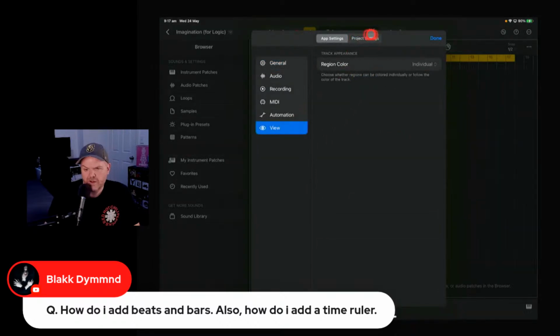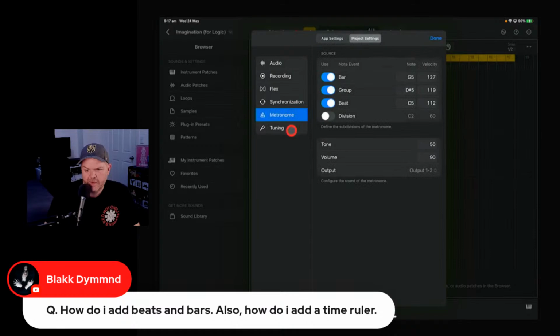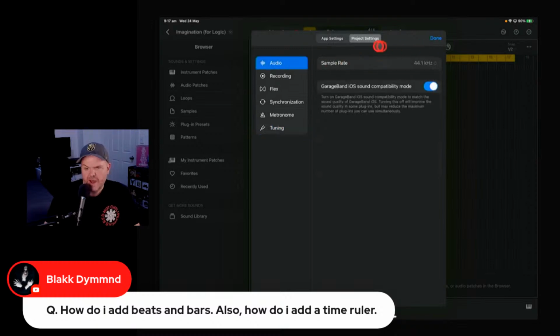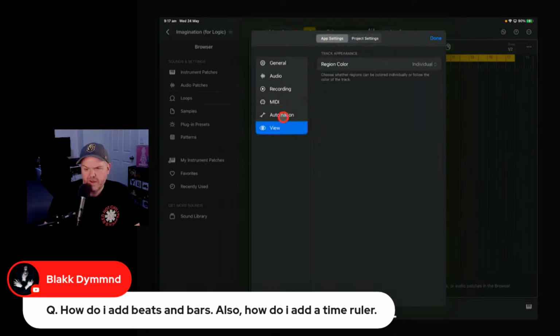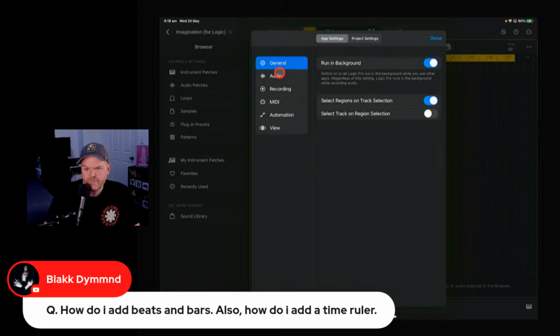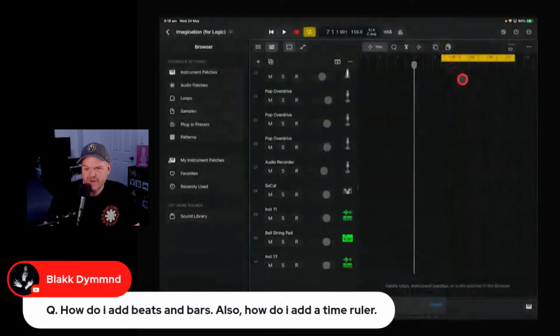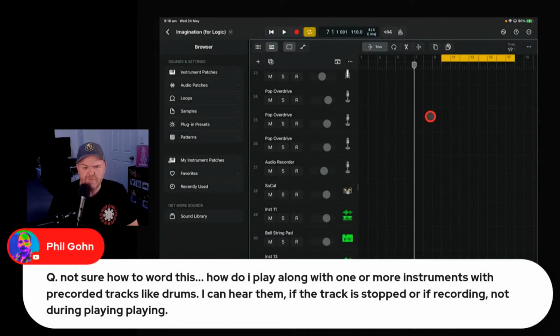No, it's the project settings. There is a control for this. No, I've forgotten where it is. Someone in the chat will be telling you, but there is the ability to swap that between beats and bars and the time. I just can't see it off the top of my head, but it's there somewhere. All right, I can't find it.